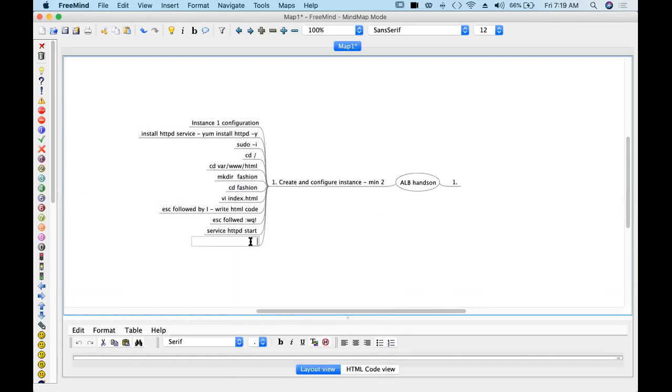Anyway, so instance 2 configuration. Same steps, but instead of fashion, use another path. In my case, I took the example electronics: cd electronics, and your index.html should be under electronics folder now. And the rest of the steps are same.